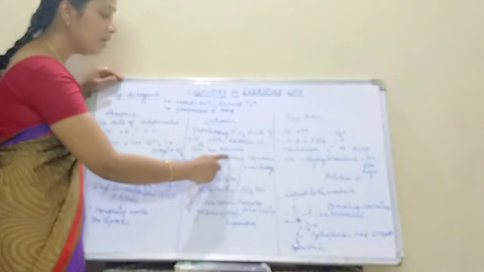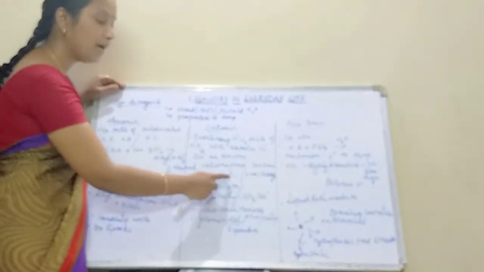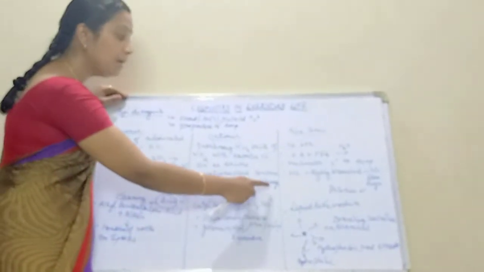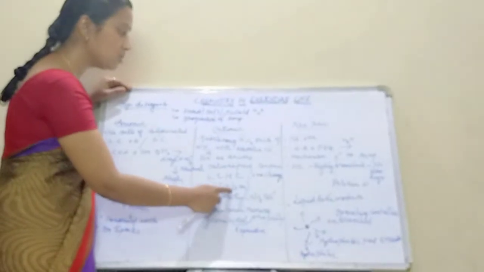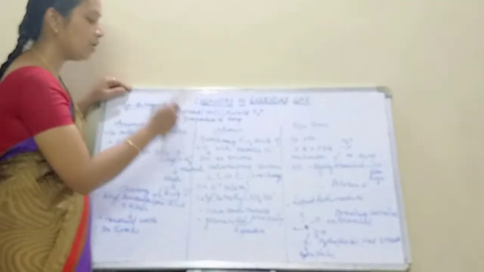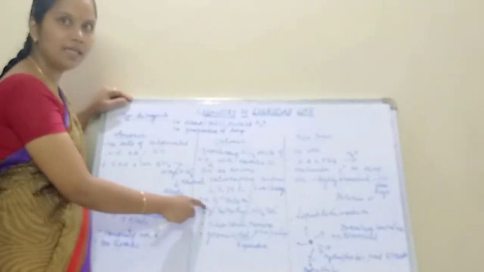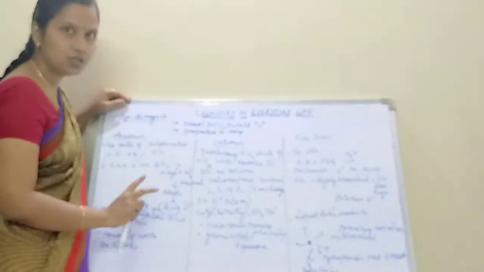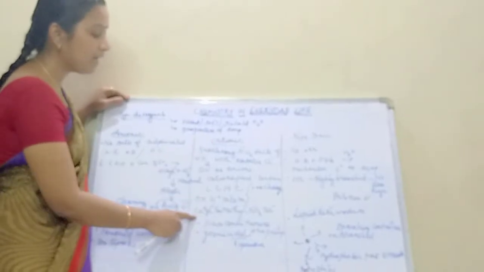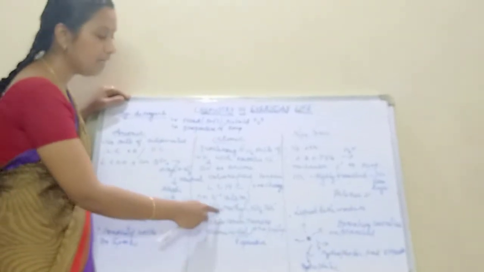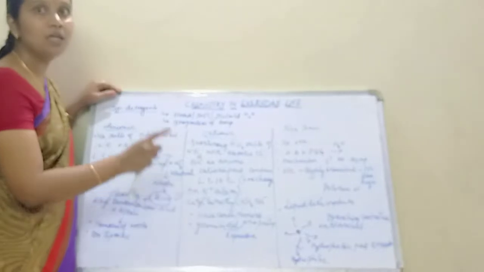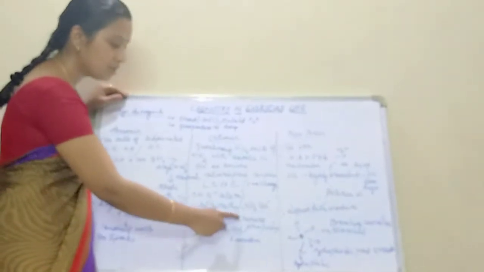Here the cationic part contains a long chain hydrocarbon, so there is a positive charge on the nitrogen atom. So they are cationic detergents. Since the cationic part is involved in the cleaning action, they are called cationic detergents. A typical example of a cationic detergent is cetyl trimethyl ammonium bromide, which is used in hair conditioners.